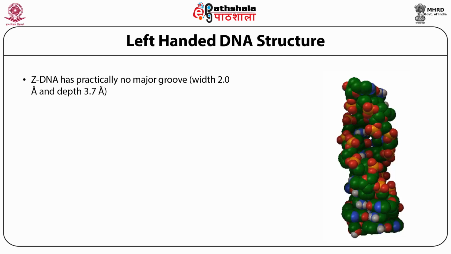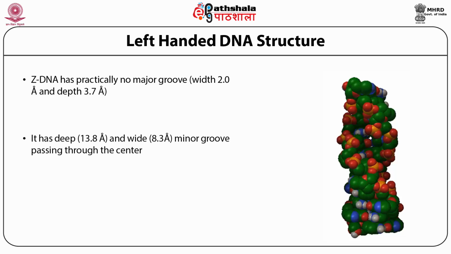Z-DNA has practically no major groove. The width is 2.0 angstrom and depth is 3.7 angstrom. It has a deep, 13.8 angstrom, and narrow, it's not narrow, a little wider, 8.3 angstrom minor groove passing through the center